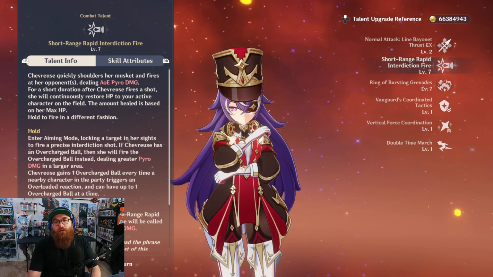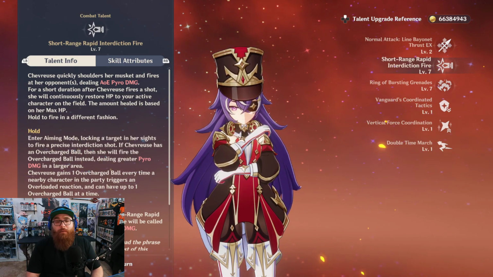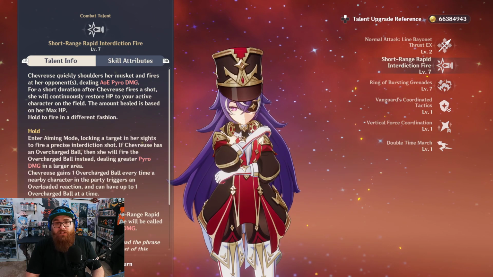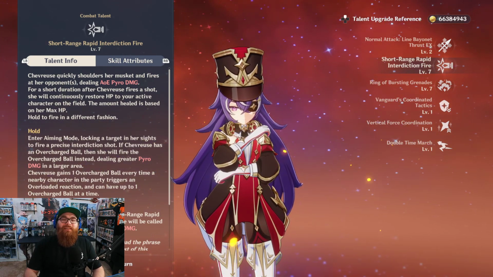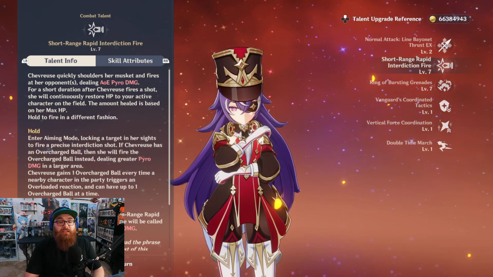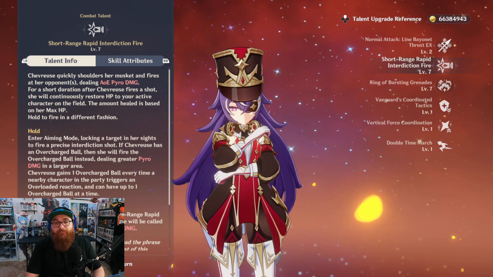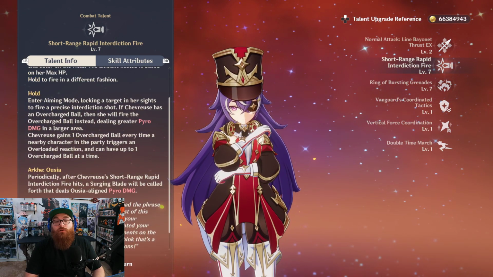Her skill, Chevreuse quickly shoulders her musket and fires at her opponents, dealing AoE pyro damage. For a short duration after Chevreuse fires a shot, she will continually restore HP to the active character on the field. The amount healed is based on her max HP. Hold to fire in a different fashion. And then, of course, if you go into aiming mode, it locks onto a target in her sights and fires